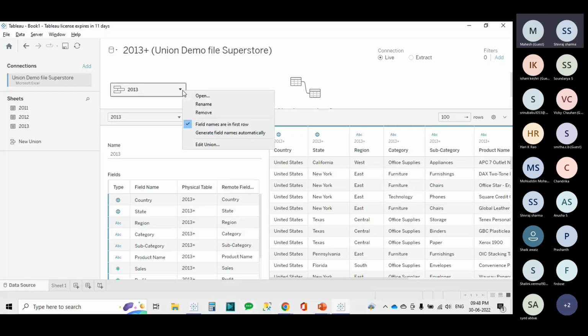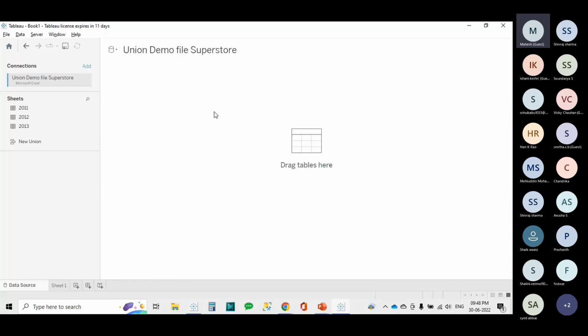Just remove this file from here. Now what you have to do,